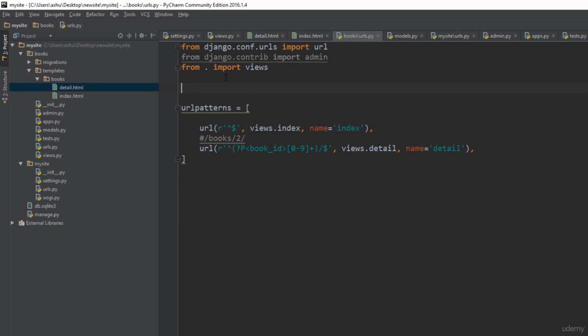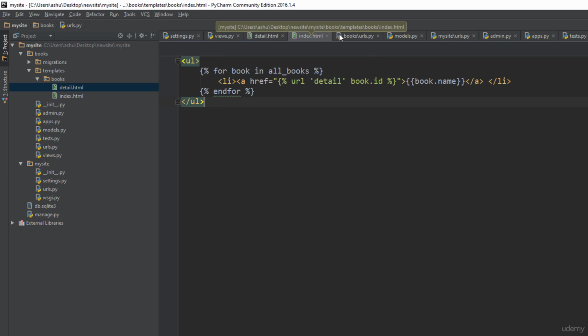Whenever you have to use namespaces, you simply need to go to the urls.py file of your app, and right above the URL patterns you need to type app_name, then equals, and specify the app name. In this case our app name is books, so I'm going to simply type in books and save the code. Then whenever you are referencing that particular detail, you need to go to the index.html, and instead of just having detail, you can replace it by books: